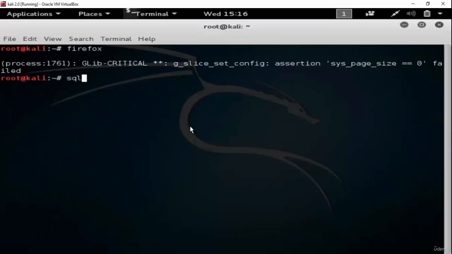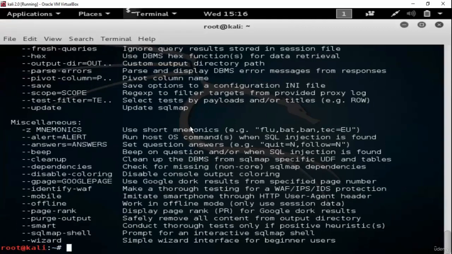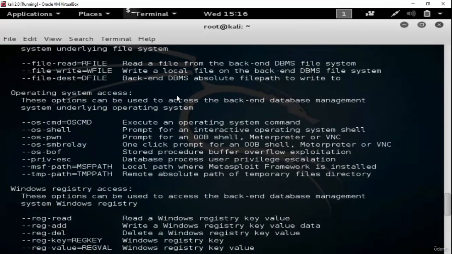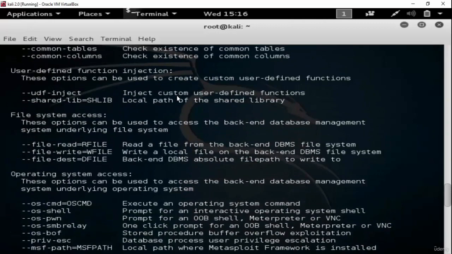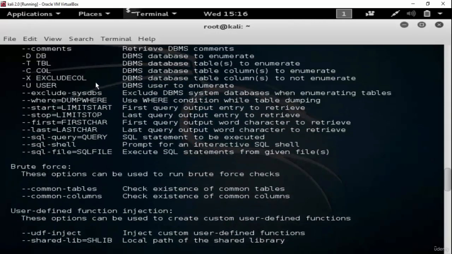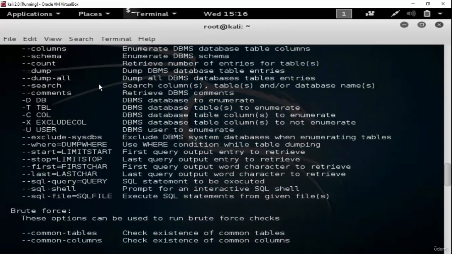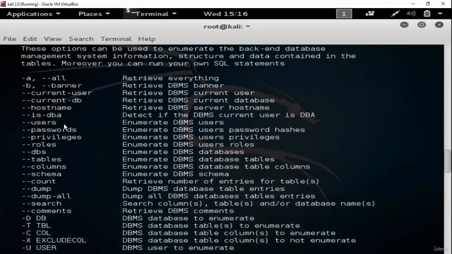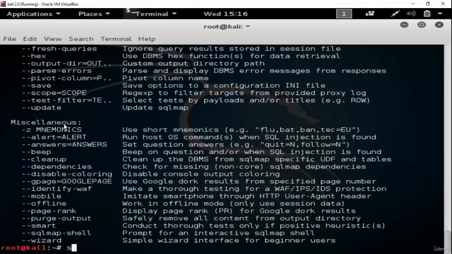Here type sqlmap -u. Now why am I using -u? For this you have to type --help. Here are so many options you can use with SQL map. I am using -u so that I can enter the target URL. There are many options, and we will use some of them, but first let's continue with